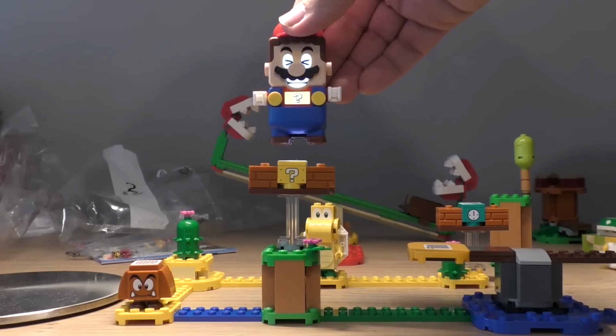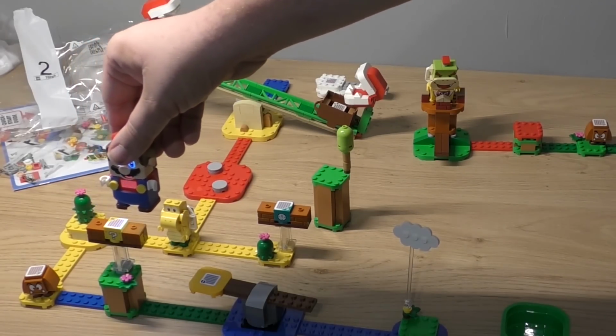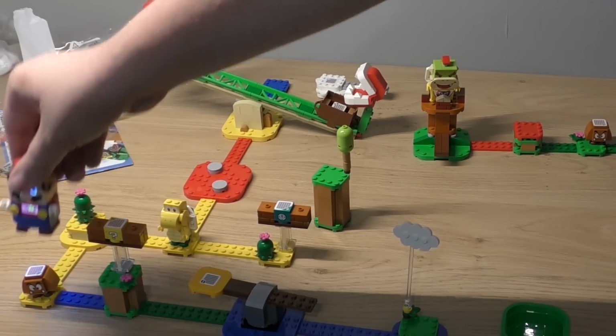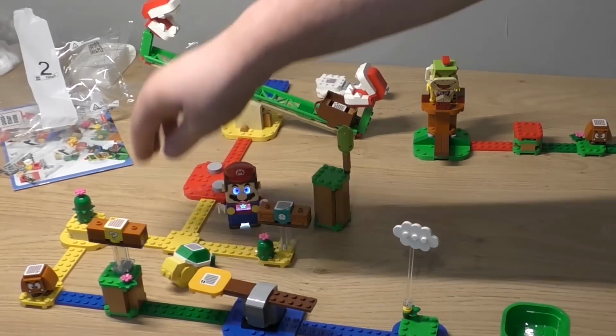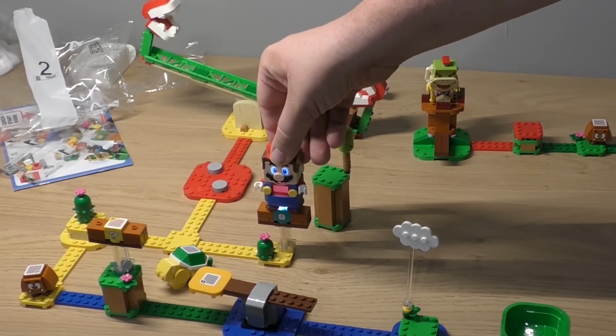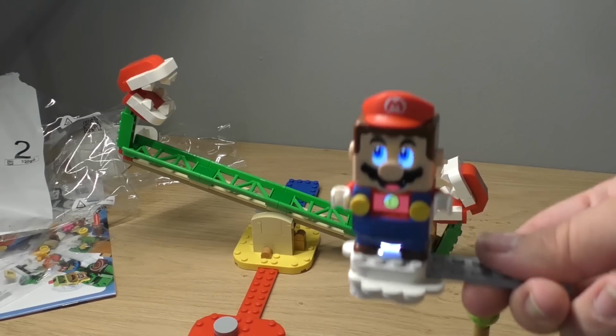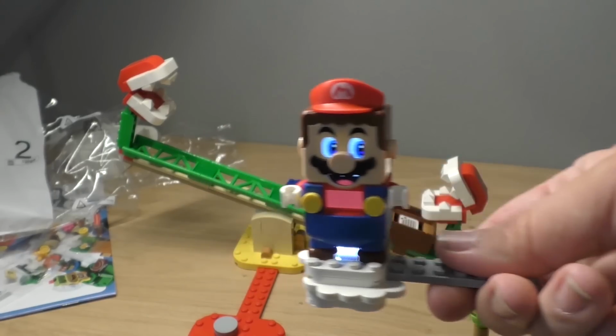LEGO Super Mario is a fantastic piece of engineering. The little guy has over 100 reactions that he can do based on certain sensors and movements. These sensors are placed on top of certain building blocks, and combined with specific movements, LEGO Super Mario will react to his surroundings. Along the way, he collects virtual coins and plays familiar Super Mario sound effects that really bring